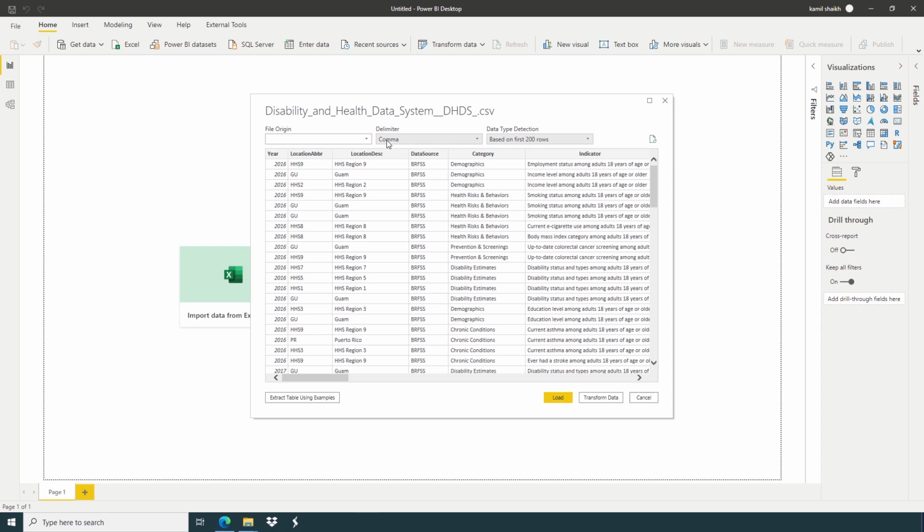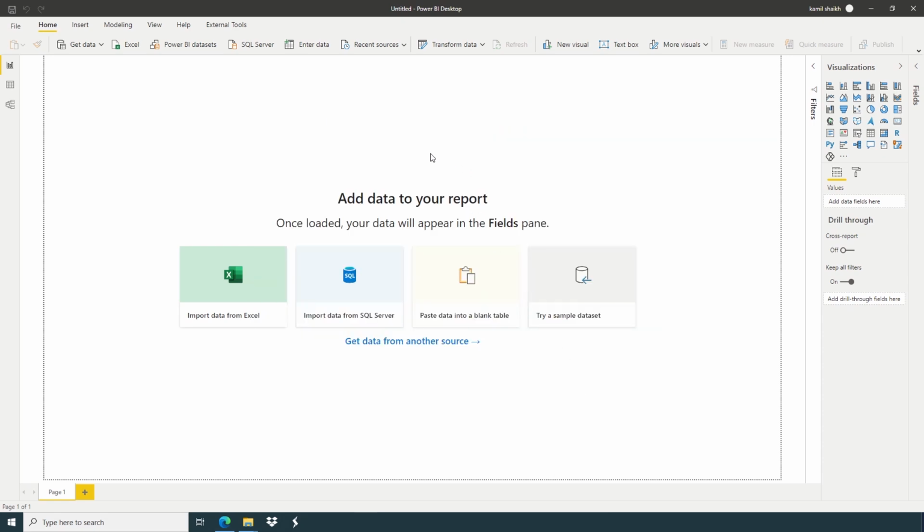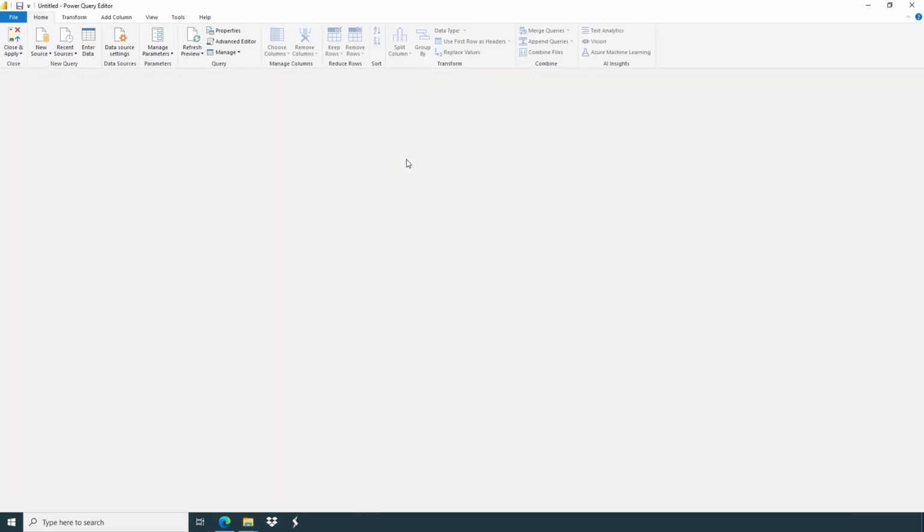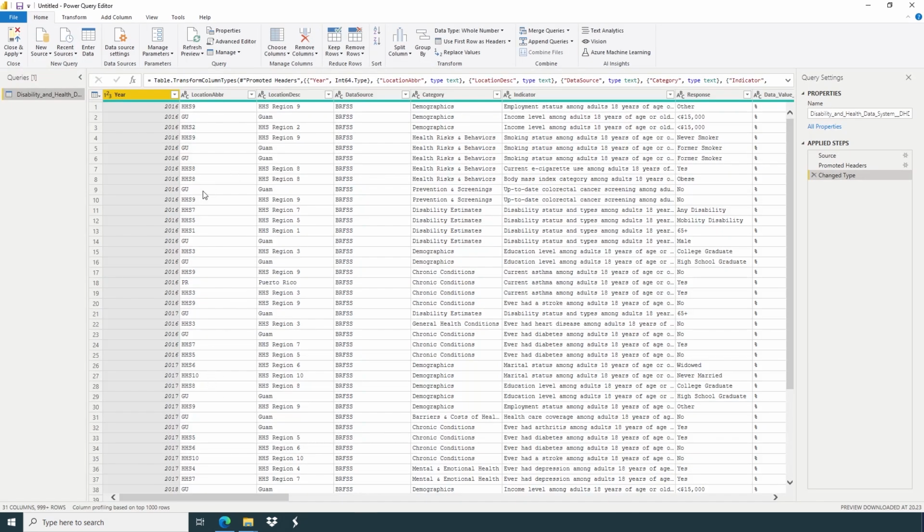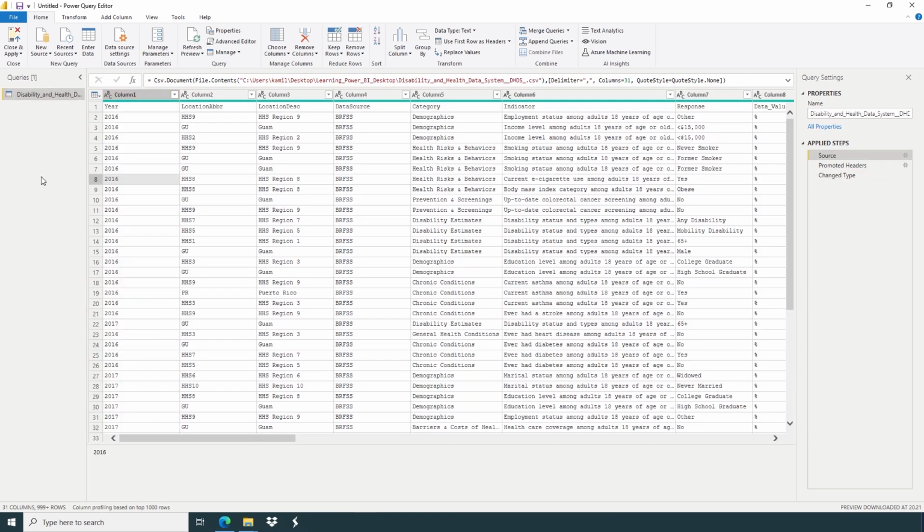So here we have a comma and data type detection. We have three options here. Transform and load data. Great, we have just imported our first CSV file.